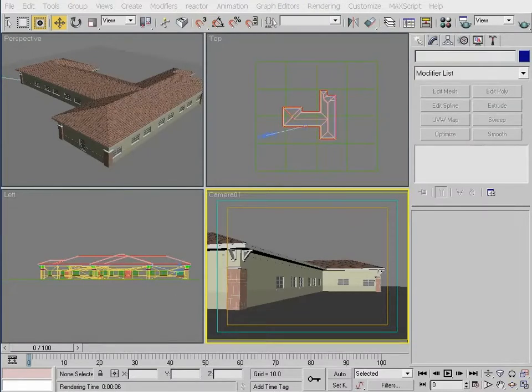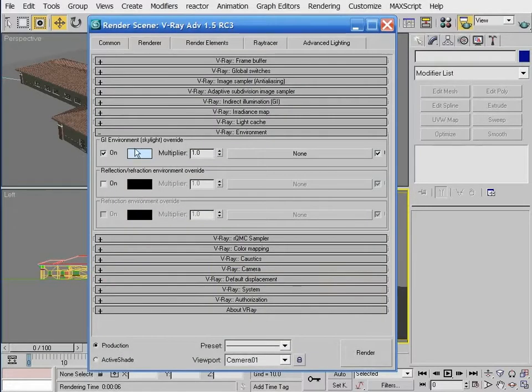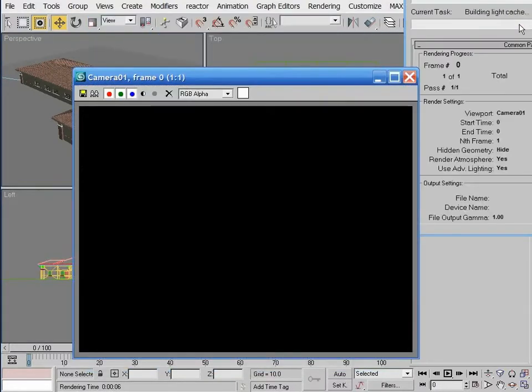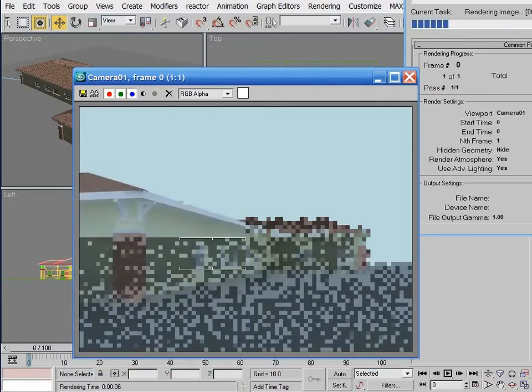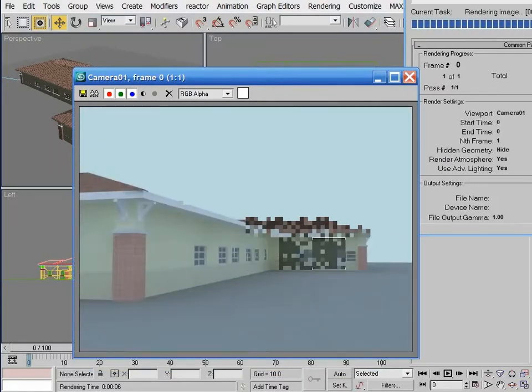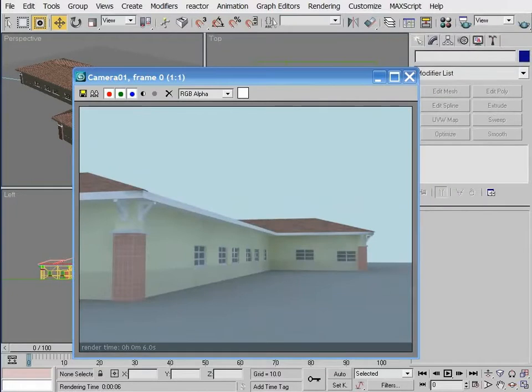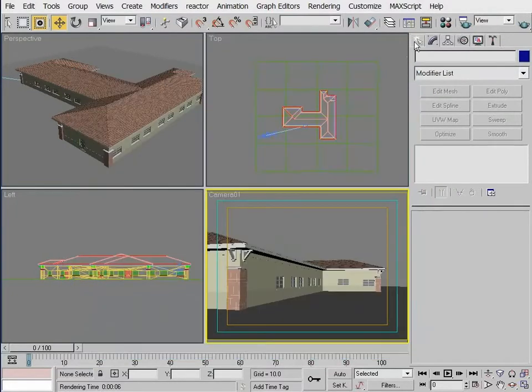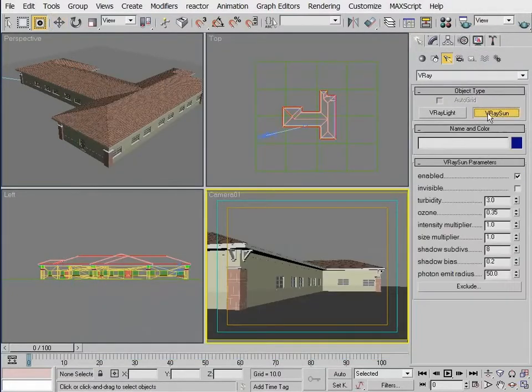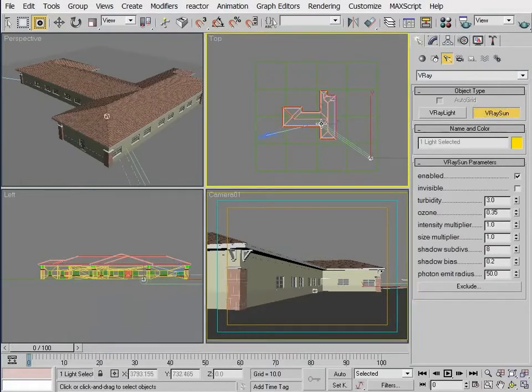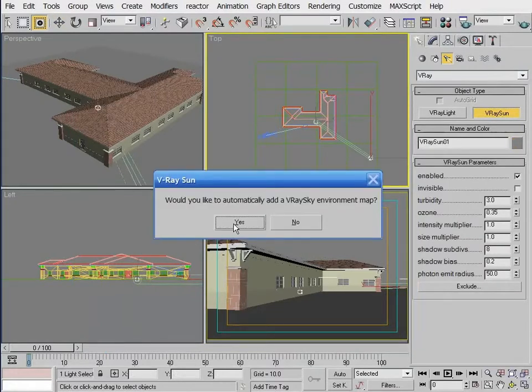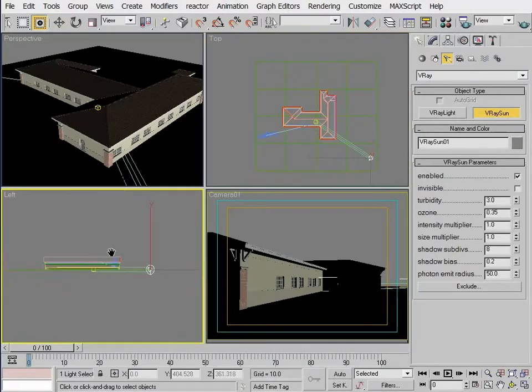If you want to follow along in the same scene that we're going to be working in, open the file called light02.max. In this scene, the only source of illumination I have is the environment light color swatch. And to see what I have to start with before adding the V-Ray Sun, I'll render the scene as is, and when I do, this is what I get. Not much to look at, obviously. But now I'll add a V-Ray Sun